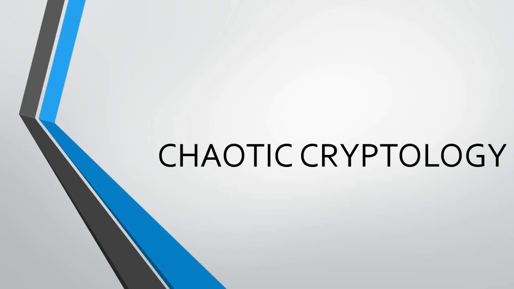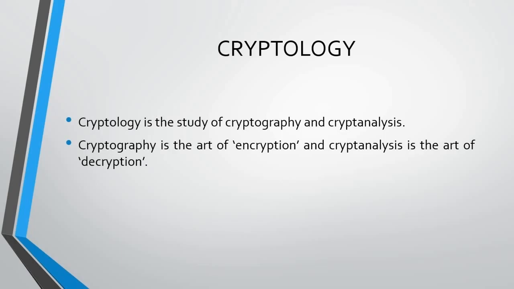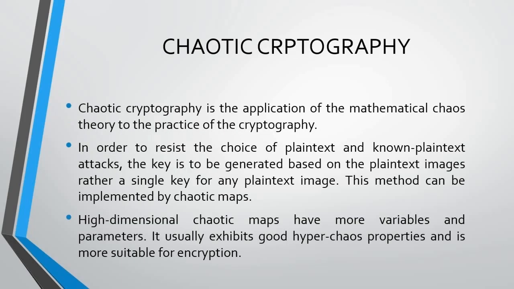So chaotic cryptology. Cryptology is the study of cryptography and cryptanalysis. Cryptography means it is encryption and cryptanalysis is the reverse process, which is the decryption. So what is chaotic cryptography? Chaotic cryptography is application of mathematical chaos theory to the practice of cryptography. In mathematics, we have a concept called chaotic theory. So by implementing the chaotic theory to the cryptography, we can increase the encryption standards and thereby reducing the cryptanalysis